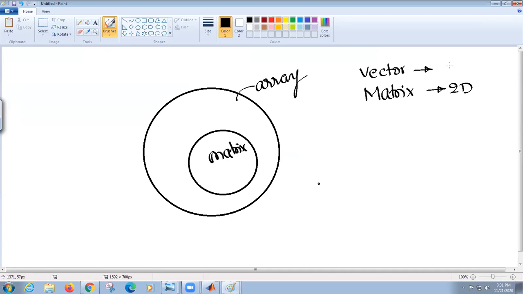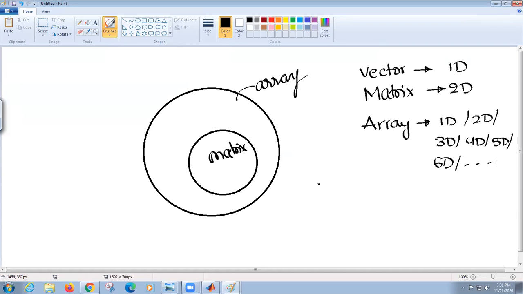One dimension. What about array? Any dimension, 1 dimension or 2 or 3 or 4 dimensions or 5D, 6D, 7D, and so on. So therefore I could say a vector is a subset of matrix and this is a subset of array.